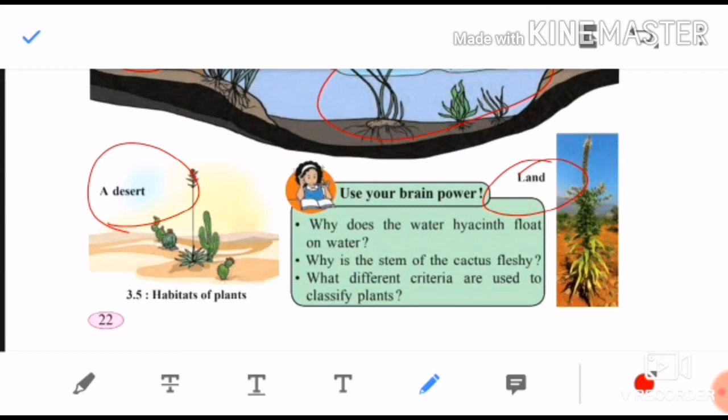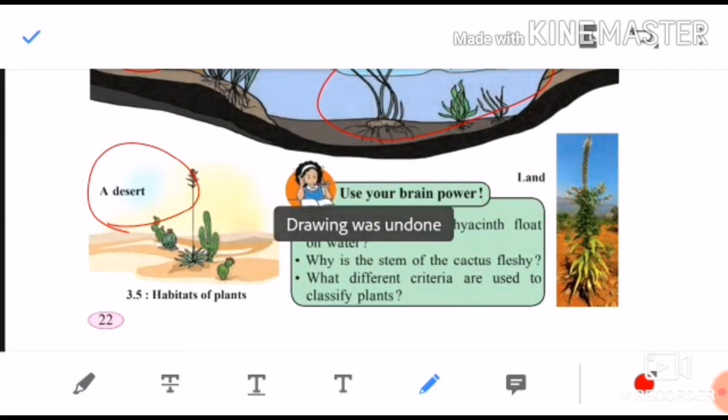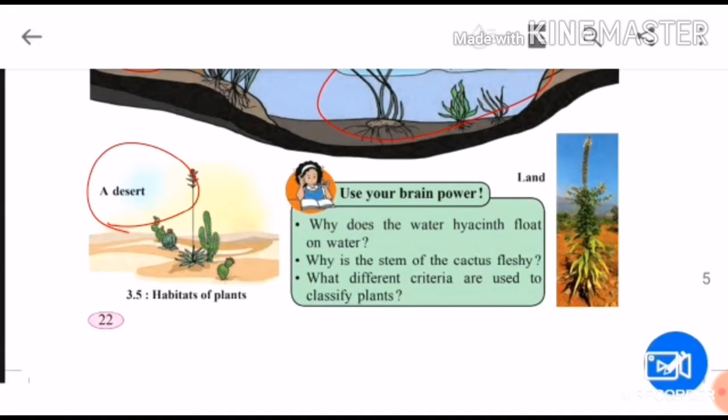So here we have seen the classification of plants. Four classifications we have seen. What was the first, children? The first classification was done on the basis of height. They were classified into types: trees, herbs, shrubs and vines. The second one was according to their life cycle: annuals, biennials and perennials. The third one was based on bearing flowers and not bearing flowers. Those who bear flowers are called flowering plants. Those who don't bear flowers are called non-flowering plants. And the last was the classification based on their habitat. Some grow on land, some grow in water, some grow in desert or marshy areas.